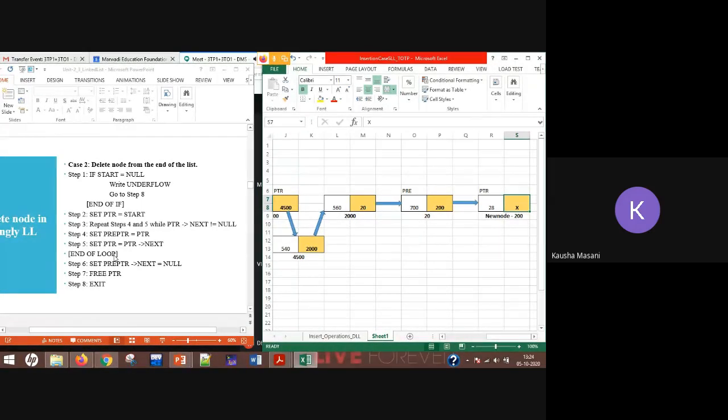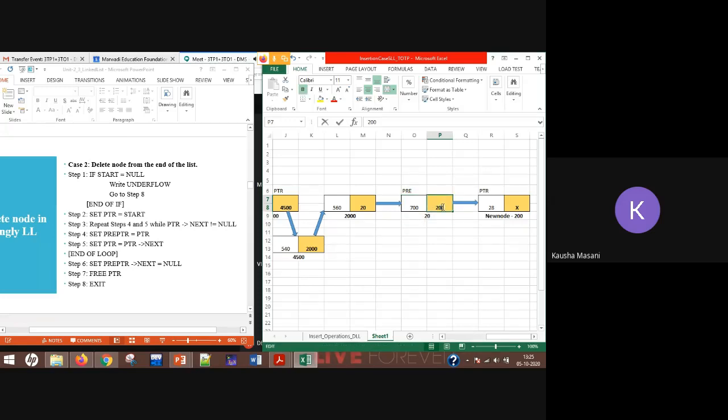Now what we have to do? We have to set this pre-PTR next to null. I told you that this is the target node to be deleted, and we need to satisfy the property of our singly linked list also. And what does it say? The last node in my singly linked list will have null value pointer.